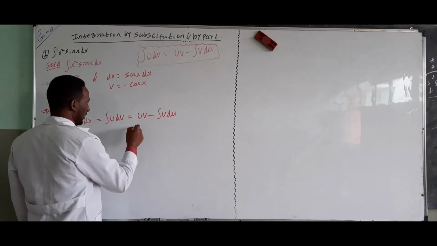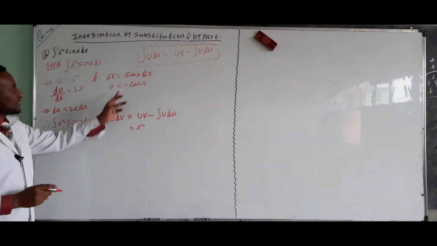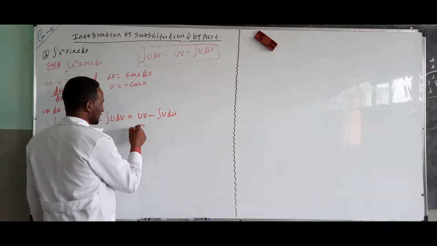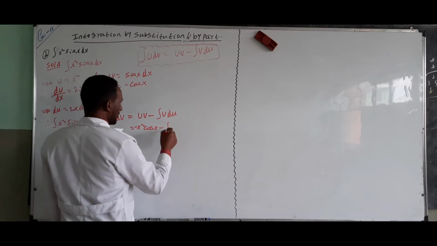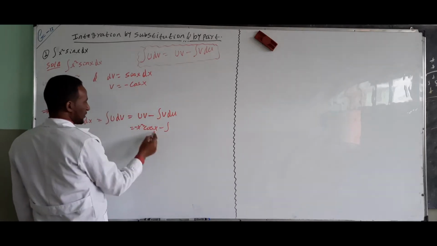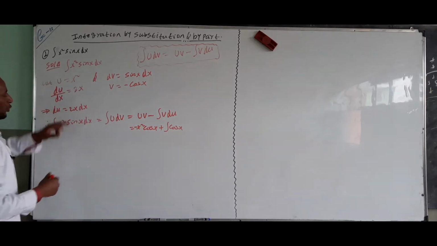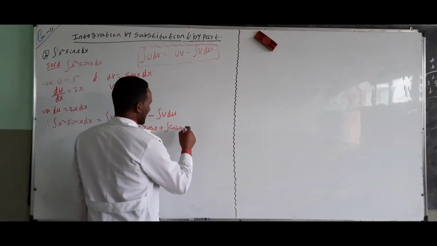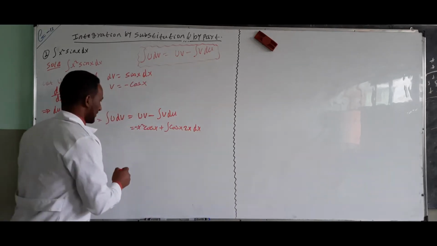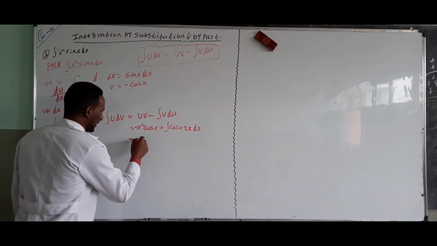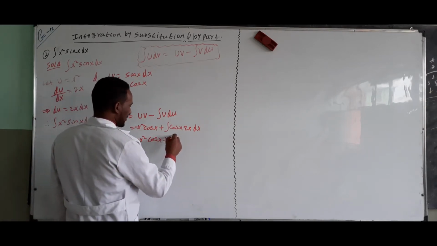This is equal to u, meaning x square, times v, meaning negative cos x, so it becomes negative x square cos x minus integration of v, meaning negative cos x, times du, meaning 2x dx. This becomes plus cos x times 2x dx, which is equal to negative x square cos x plus integration of